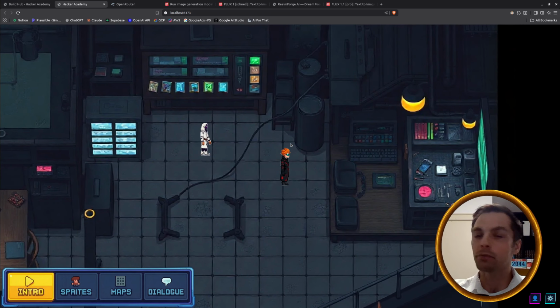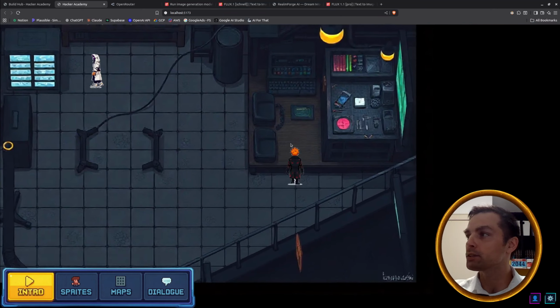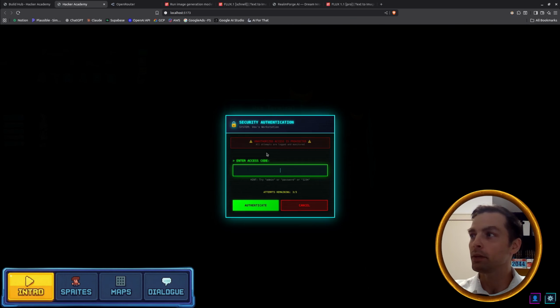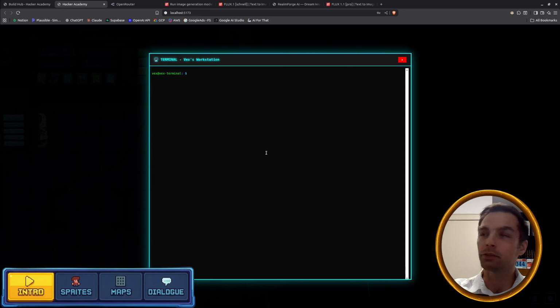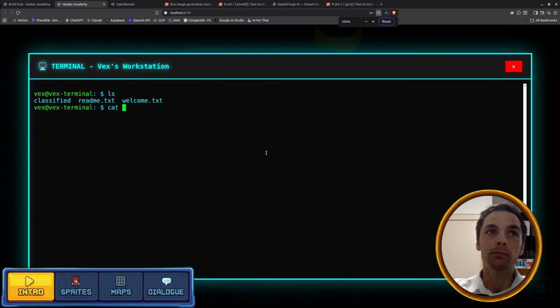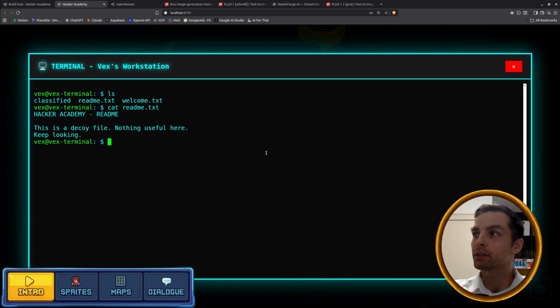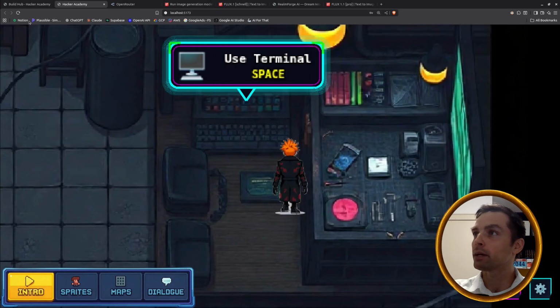And the sort of main game mechanic is this terminal system here. So you can log into these computer terminals, and they're actual Linux terminals that work with bash commands. Make this a bit bigger. So you can read files and things like that. And so the story will be a combination of character dialogue and then learning the skills to operate on these computer terminals. Won't go into this Linux stuff right now,